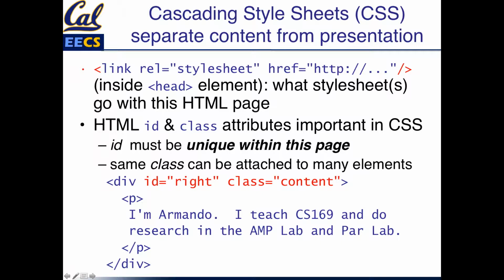So in this simple example, I have a div element, which is a way of identifying different parts of the document structurally, and I'm giving it an ID of right and a class of content. The ID has to be unique within the page, so nowhere else on this page can I have any element of any kind that has the same ID right as this div element. The class can be attached to many elements, and it can even be attached to elements of different types. So it would be perfectly fine to have many other elements on this page that also share the content class. Now, how do we use these? Well, in general, we use CSS selectors as a way to identify what elements we want to apply some visual styling to.